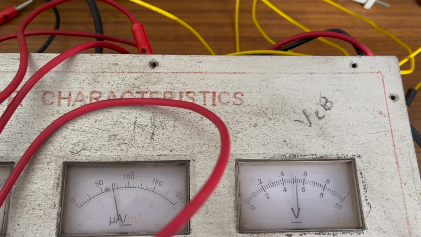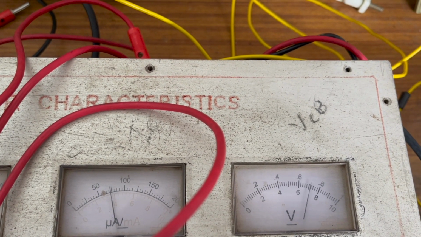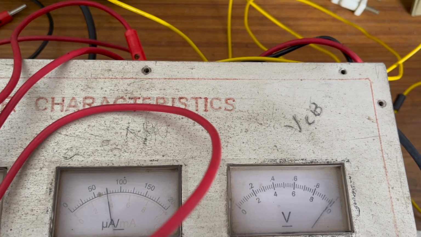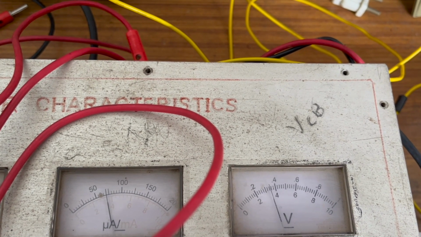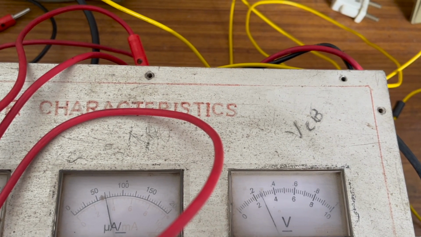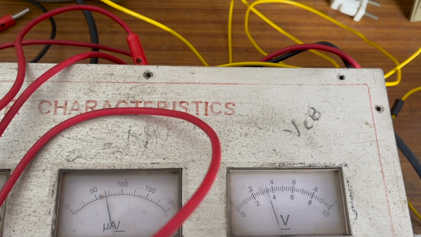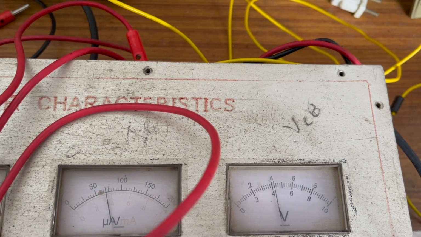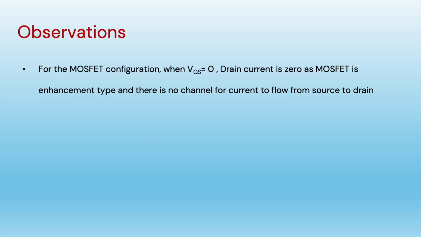At 0.2, 0.4, 0.6 volts, the drain current increases, and then it has stopped incrementing because again it has reached its saturation value, that is, now the transistor is working in the active region. If we apply AC input, it will amplify it. In this experiment, the MOSFET which is used is enhancement type MOSFET, which means there is no channel for current